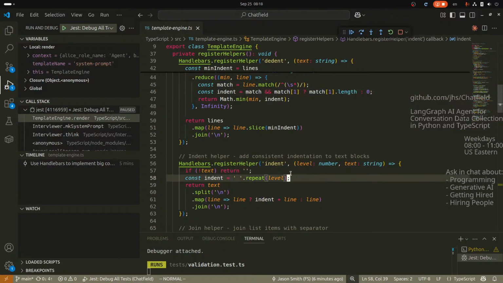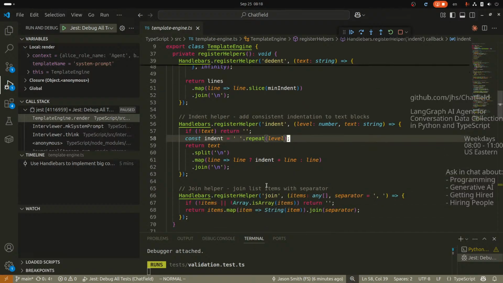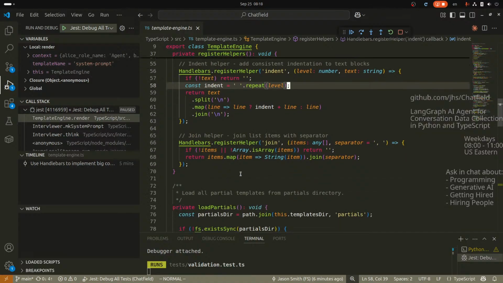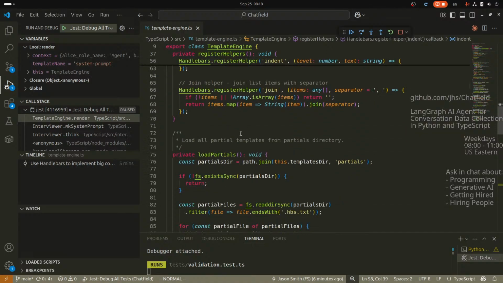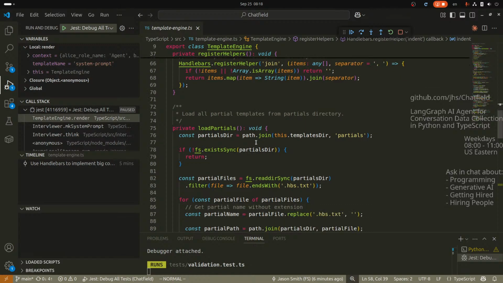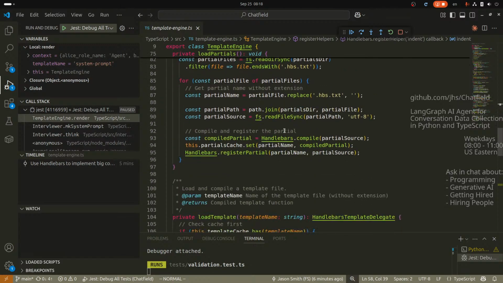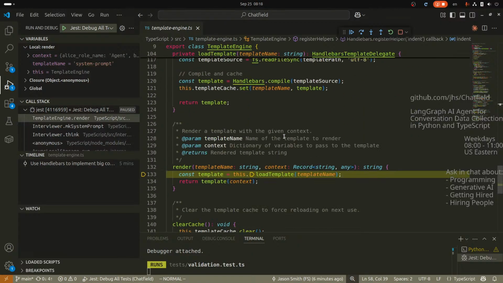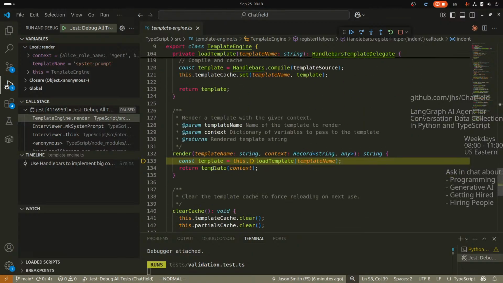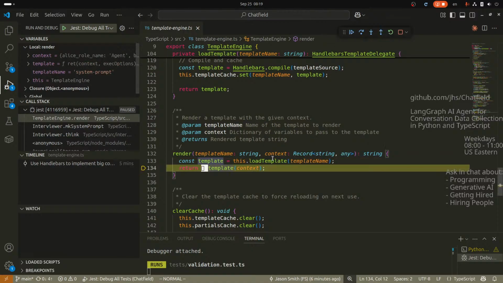Okay. Indent helper. Add constant. Okay, this is cool. So we'll have helpers. Join list items with a separator. Okay. Load partial templates. Right, and then here's the partials. Okay, so I don't want to read all the implementation just yet. There's kind of a lot of code, but that's okay. And so here we are with render. So system prompt. So let's just pull that out. So now I have a